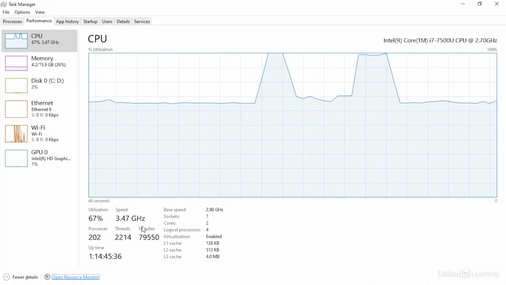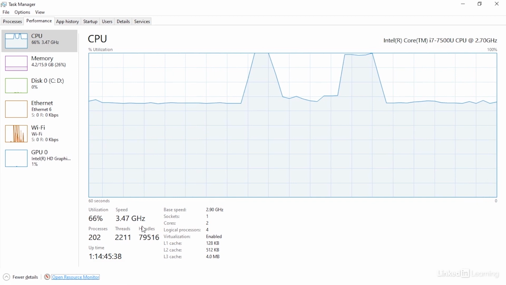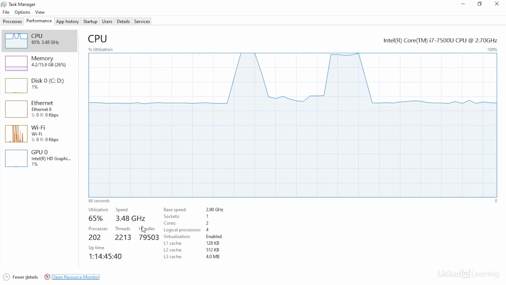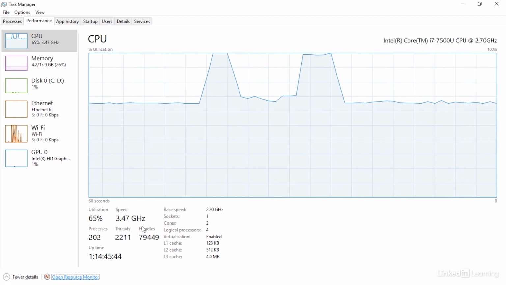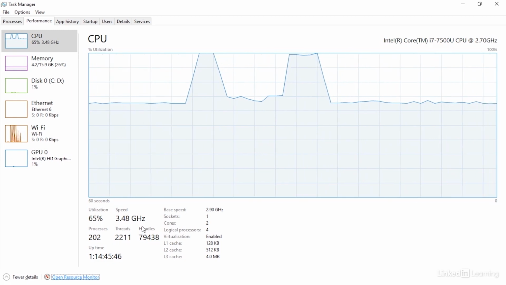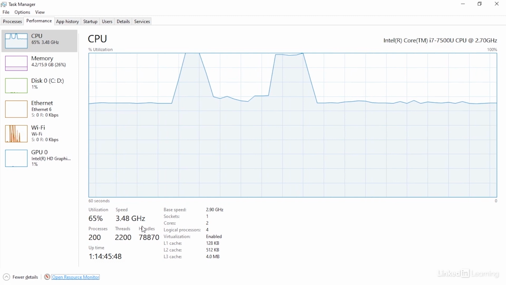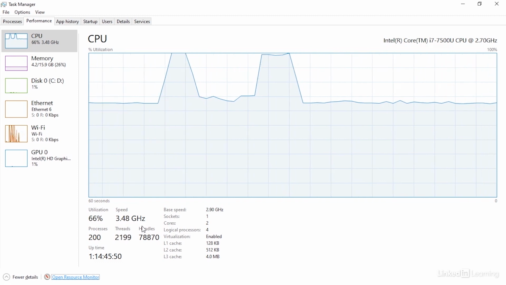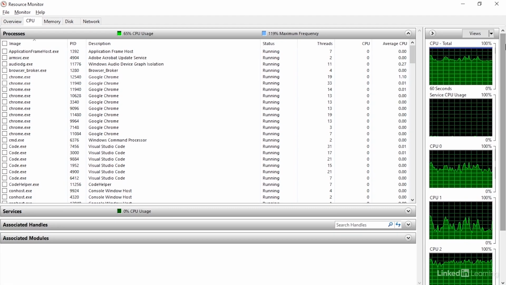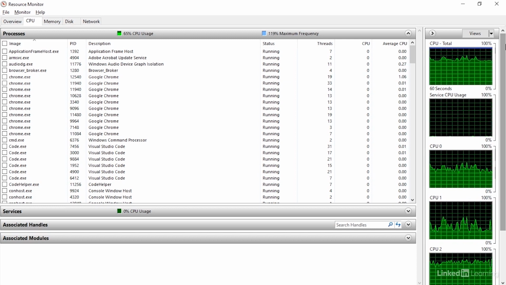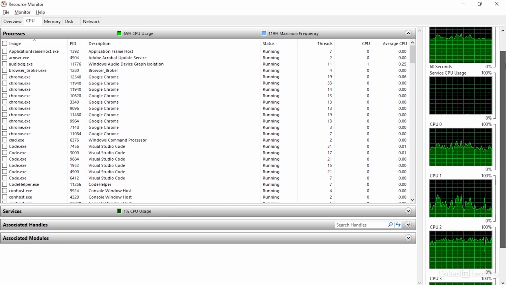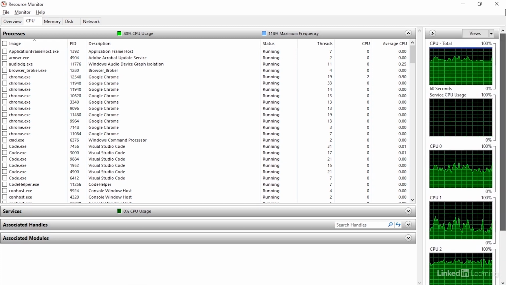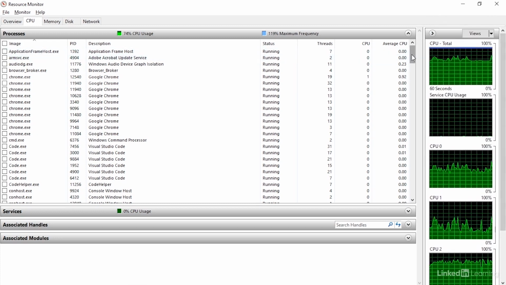Switching over to the task manager, I can see that the overall CPU usage has jumped to over 50%. That's because the two CPU waster threads I created are running continuously and using CPU resources on half of the 4 logical processors on this computer. Looking at the Resource Monitor's CPU tab, I can see how that workload is being distributed across all of those processors. If I scroll down in the Processes window,